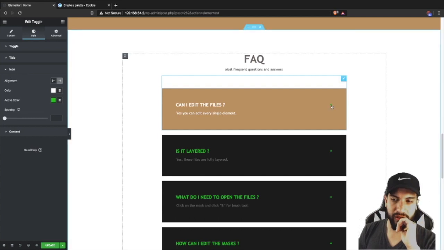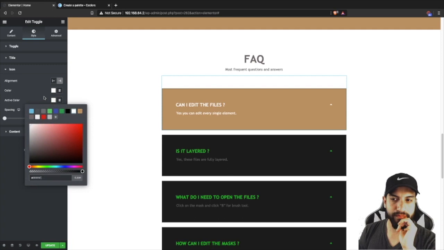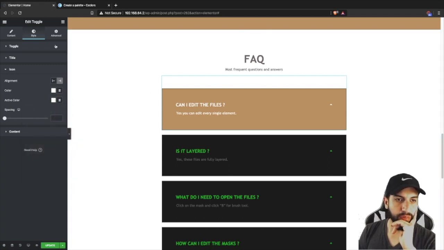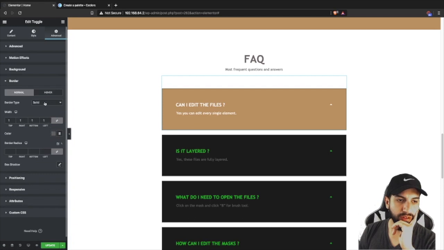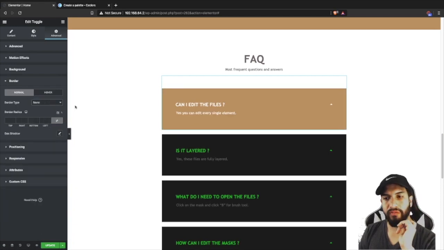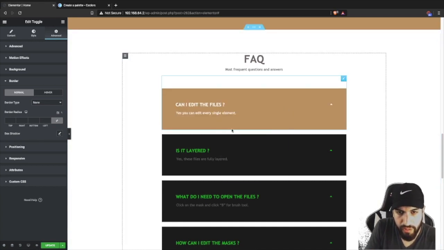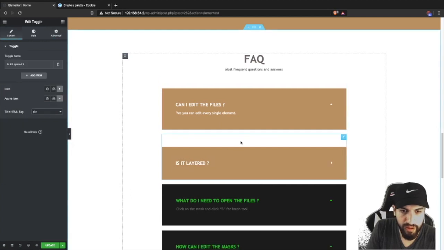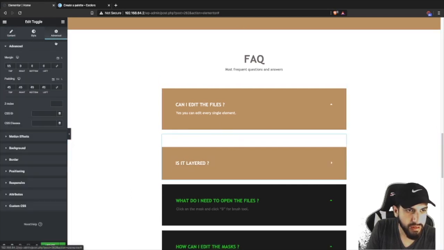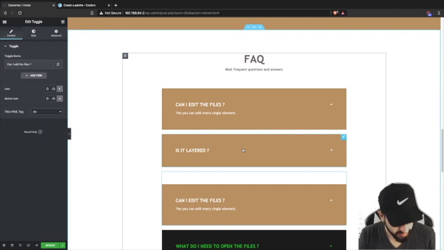And the icon here, as you can tell, there's a green icon. We're going to want to change that to white. And there's a border around this, so let's go ahead and go to advanced, go to border, and we're going to want to remove this border, so just click none. There we go. Now go ahead and just copy this and then paste the style, and then we just want to remove the spacing up above, so click on this, go to advanced, and then at the top just have it at 0, and then grab this, sorry, we just pasted it again, so